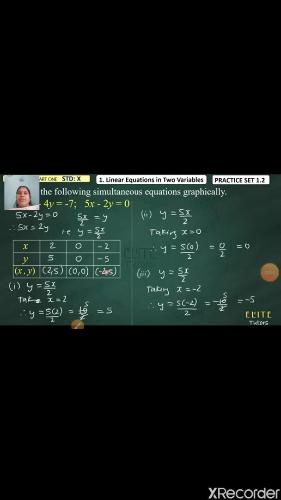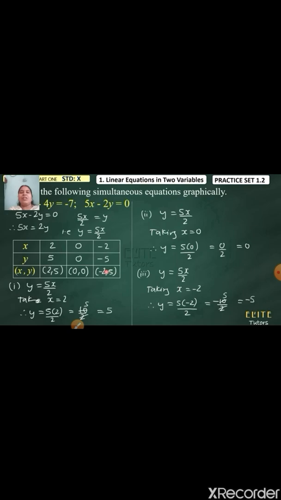Coming to the second equation, 5x minus 2y is equal to 0. This is easier than the first one. Our first step is to express it in terms of y. So 5x is equal to 2y, therefore y will be equal to 5 upon 2 x. When you have such equations, you can see the denominator and take the values of x such that it is a multiple of the denominator. Now since the denominator here is 2, I will purposely take values of x as multiples